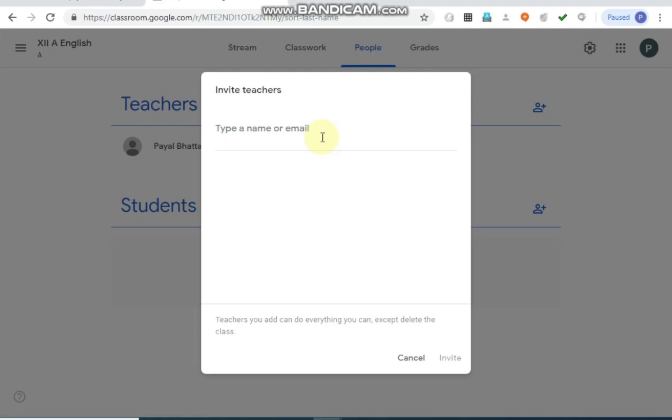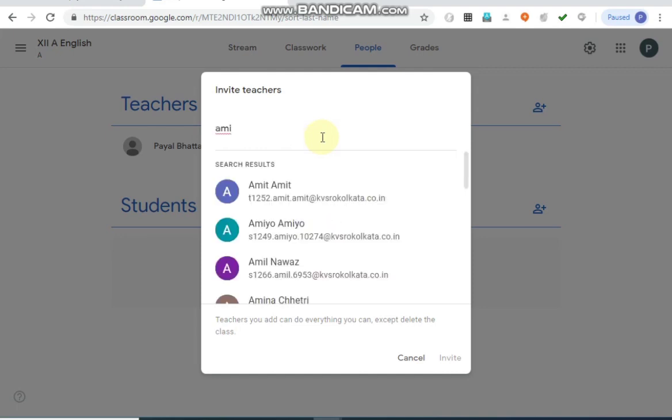Now if I write any particular name, if anyone has the same kind of name with that KVS Kolkata domain, all those IDs you will be able to see. For example, if I want to add, let us see, Amita.